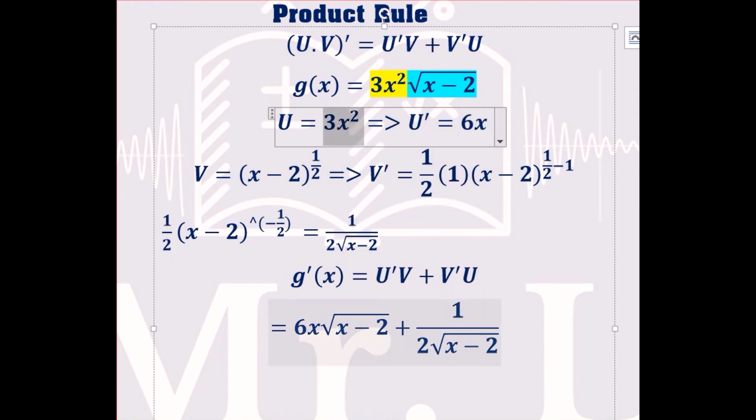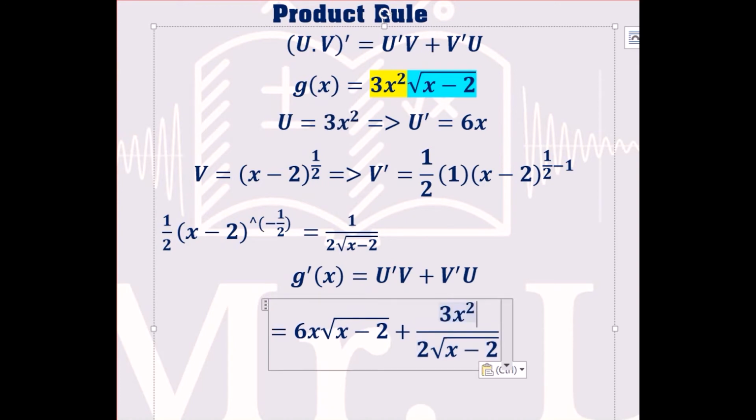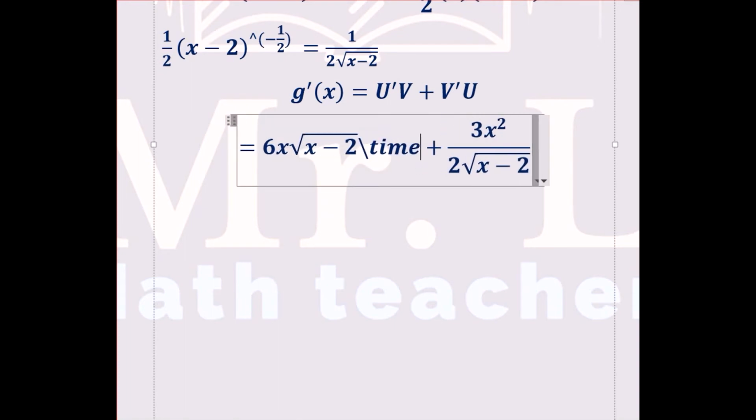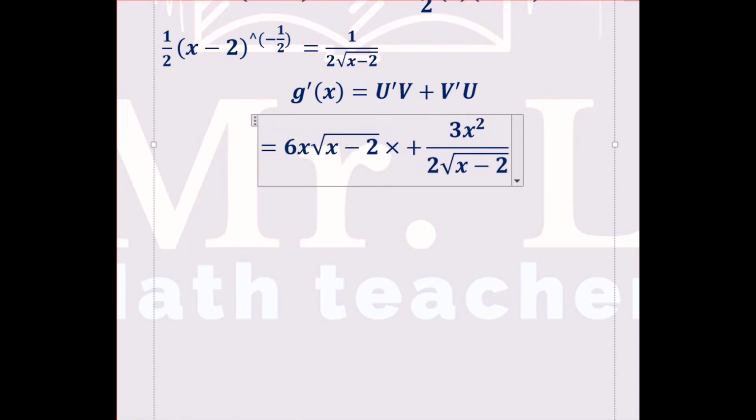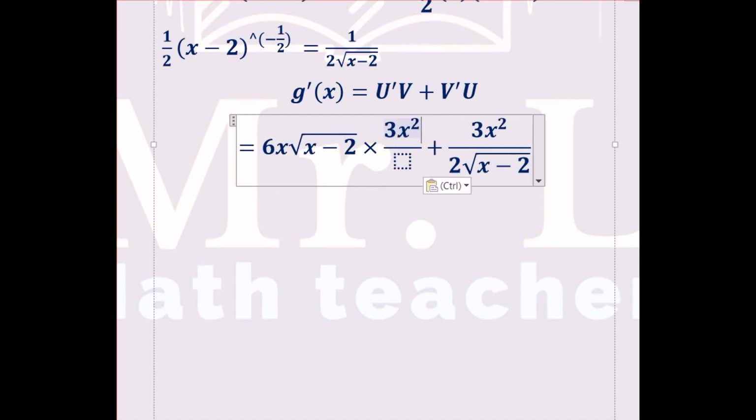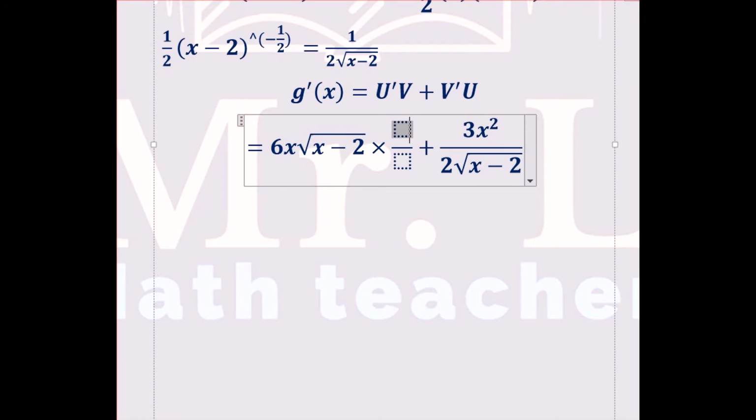And as you see, I'm just replacing the values here, so it will give this form. Now also guys, basically this is g prime of x, but of course you can simplify more. If you need more simplification, you can take radical x minus 2 as a common factor here, as a common denominator. So I can multiply by 2 radical x minus 2 over 2